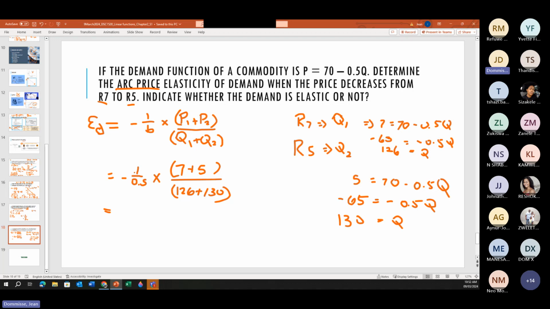So 7 plus 5 is 12. 126 plus 150 is 256. Let's just get this right. So 12 divided by 256